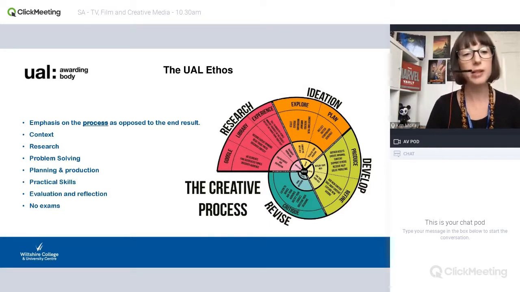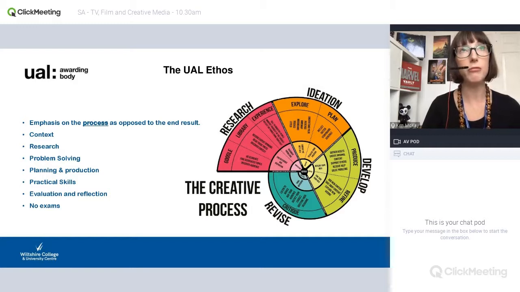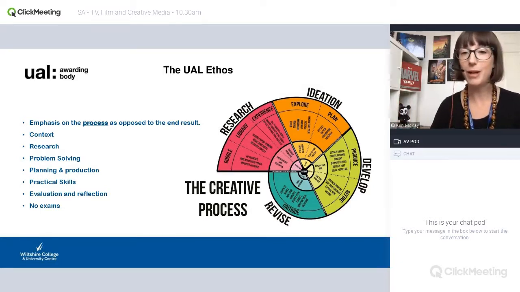The next little bit on the slide, about content research, problem solving, planning, practical skills and evaluation, is the actual logical production process that we go through all the time, regardless of whatever project you're working on. We'll be going through each of those steps every time. So you can see on the creative wheel we've got here, we spend a lot of time doing research. Okay, we then go into ideation, so that's you guys using your wonderful creative imaginations to come up with